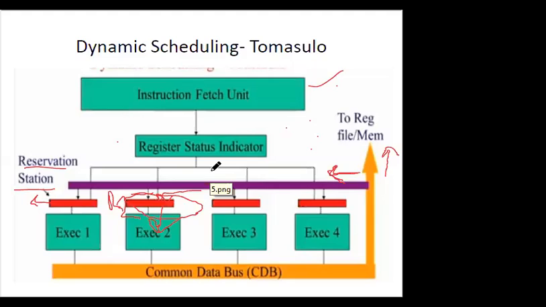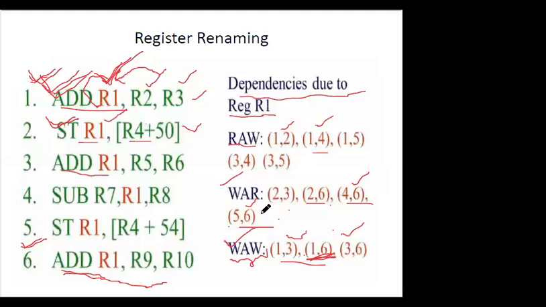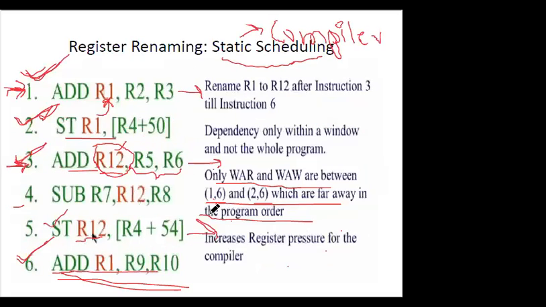That will be the last lecture of this module. It has taken longer than expected, so we will complete dynamic scheduling in the next lecture. I think this is all for today. We discussed two important parts: how register renaming is done in the compiler, and how operand forwarding is useful to address the RAW hazard. The RAW hazard is addressed by operand forwarding, whereas register renaming addresses WAR and WAW.